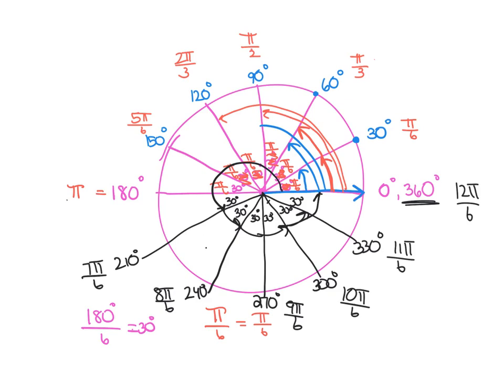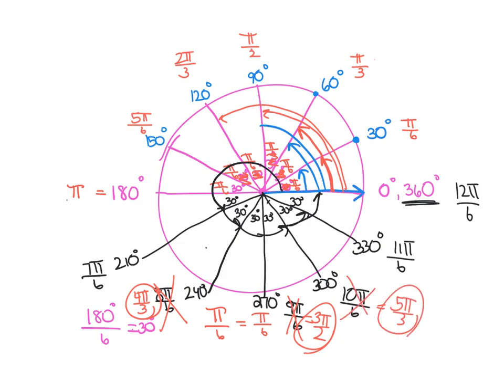And as you can see, we can reduce a few of these, okay? 7 pi over 6 is good. 8 pi over 6, 8 divided by 6 is 4/3, so 4 pi over 3. 9 pi over 6 reduces down to 3 pi over 2, because 9 divided by 6 is 3 over 2. 10 pi over 6 is 5 pi over 3. And 12 pi over 6, 12 divided by 6 is 2 pi. Okay, so now what we have here is the degrees and radians for each of these